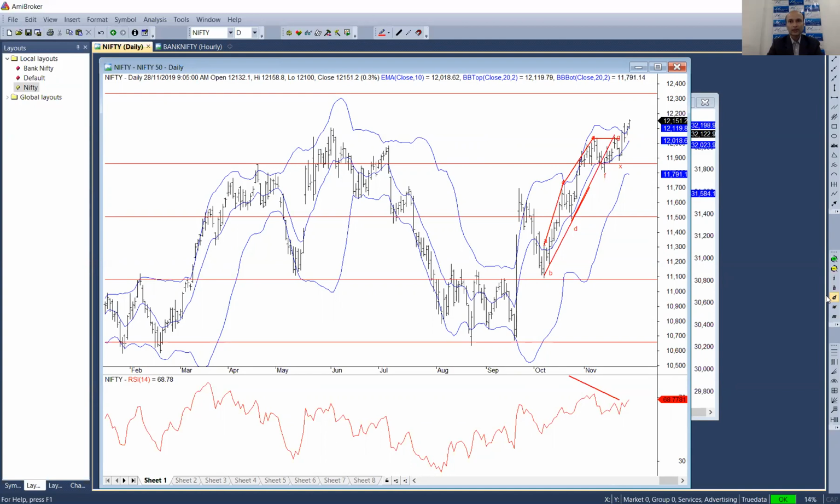And in the daily research, I've been mentioning following the trailing stop methods for people who entered at 12,020, 12,040. They are already making 100 points on Nifty right now, and keep following trailing methods so that there is no loss. You are taking at least something off the table for sure. So that is the outlook.